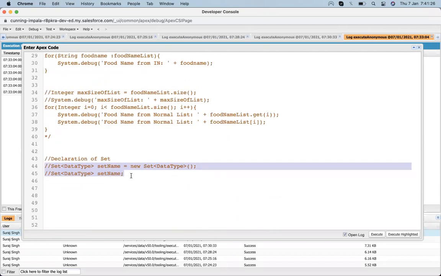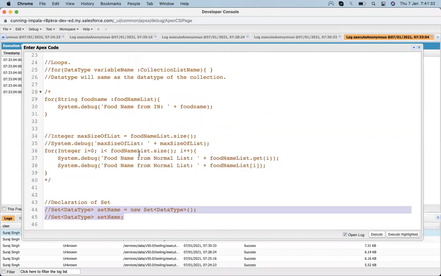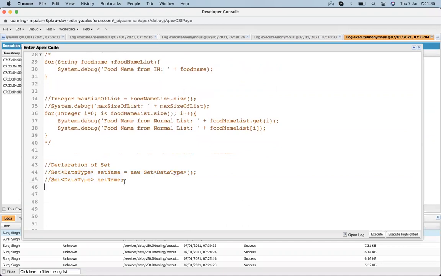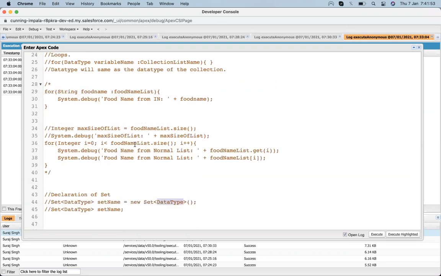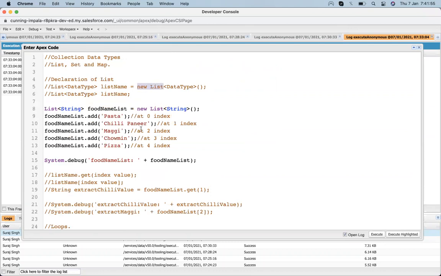In this way we are declaring a set or a list. Either we just put the set data type and set name, or we put the set data type and add memory to that set, just like we add memory to the list.